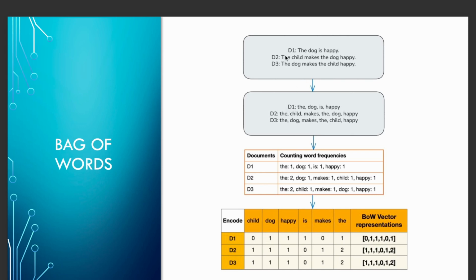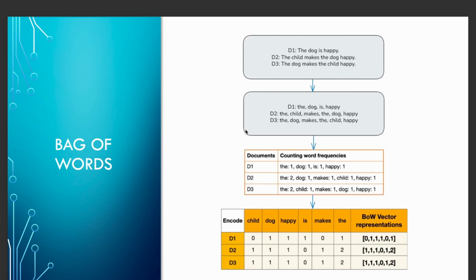We have also done lower casing. I have not shown other steps like stop word removal, but let's ignore that for now. We're just converting the text into lowercase and then tokenizing. Document 1 will contain these four words, and document 2 will contain these words. Once we have tokenized,